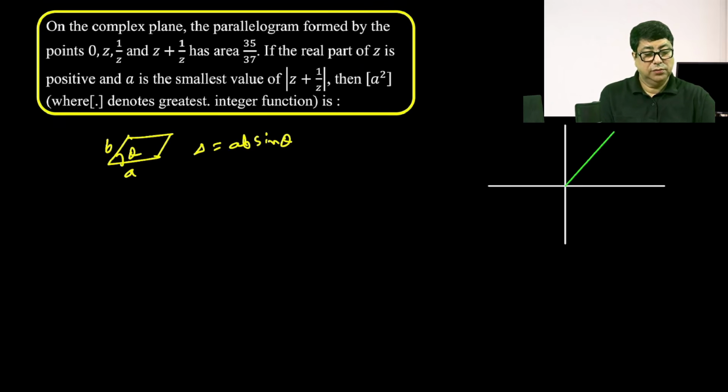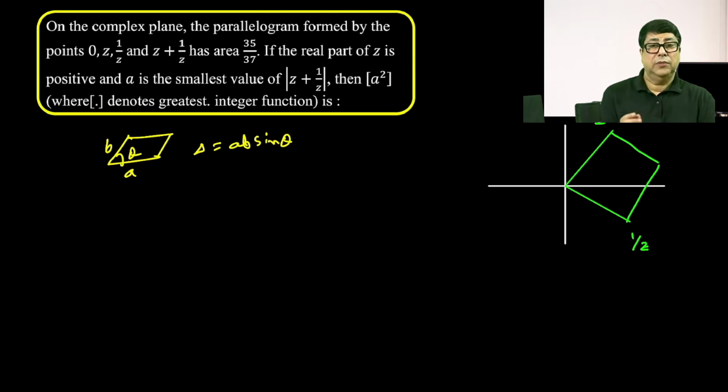Suppose z means some x comma y, and 1 by z is this side. I am drawing a rough diagram, and it is given here that the real part is a positive quantity. Okay, and this is the resultant, everybody. The resultant is z plus 1 by z. Okay, and if this angle is theta, then this is coming to be 2 theta. Okay, and therefore